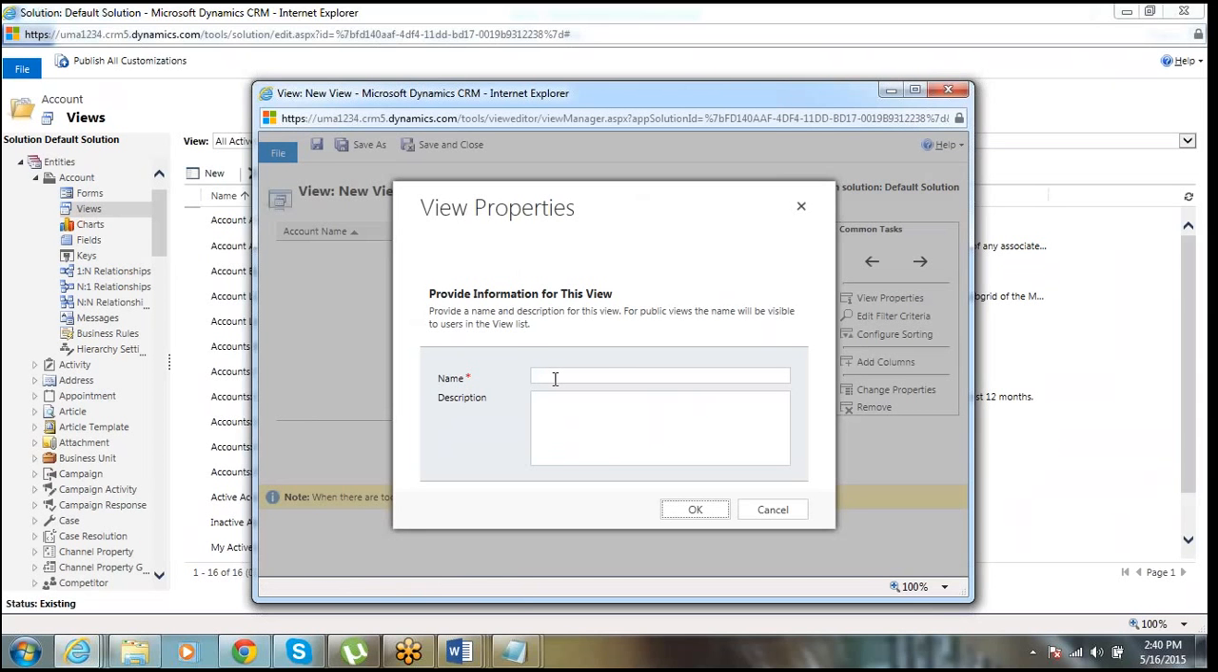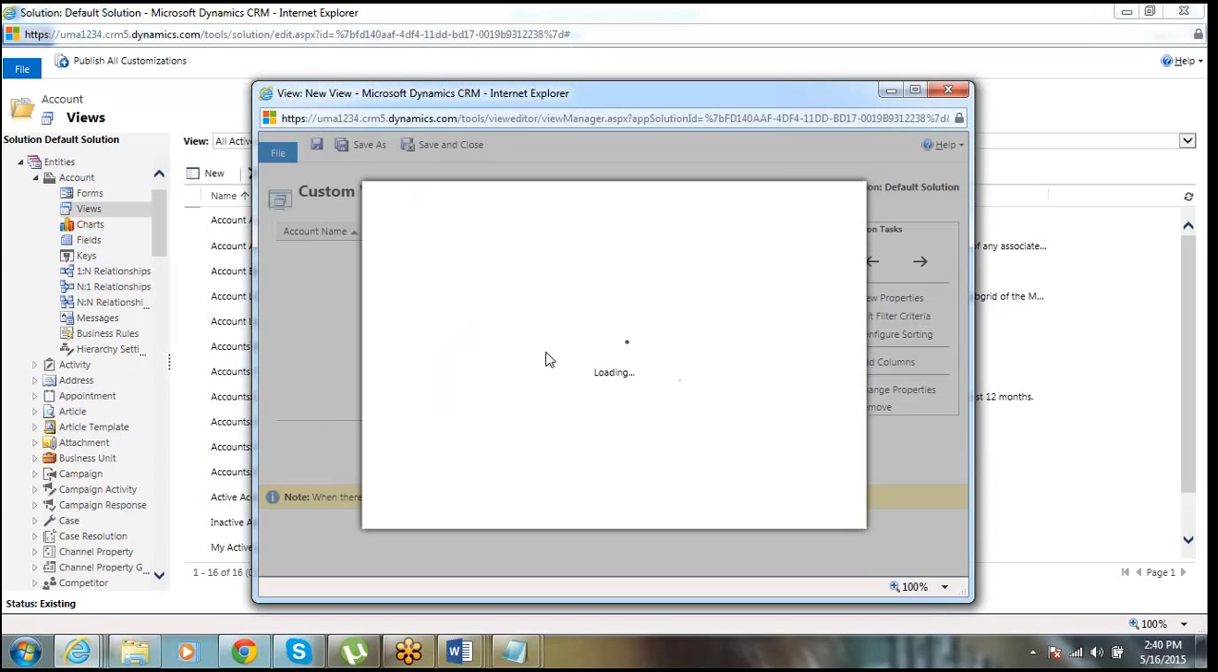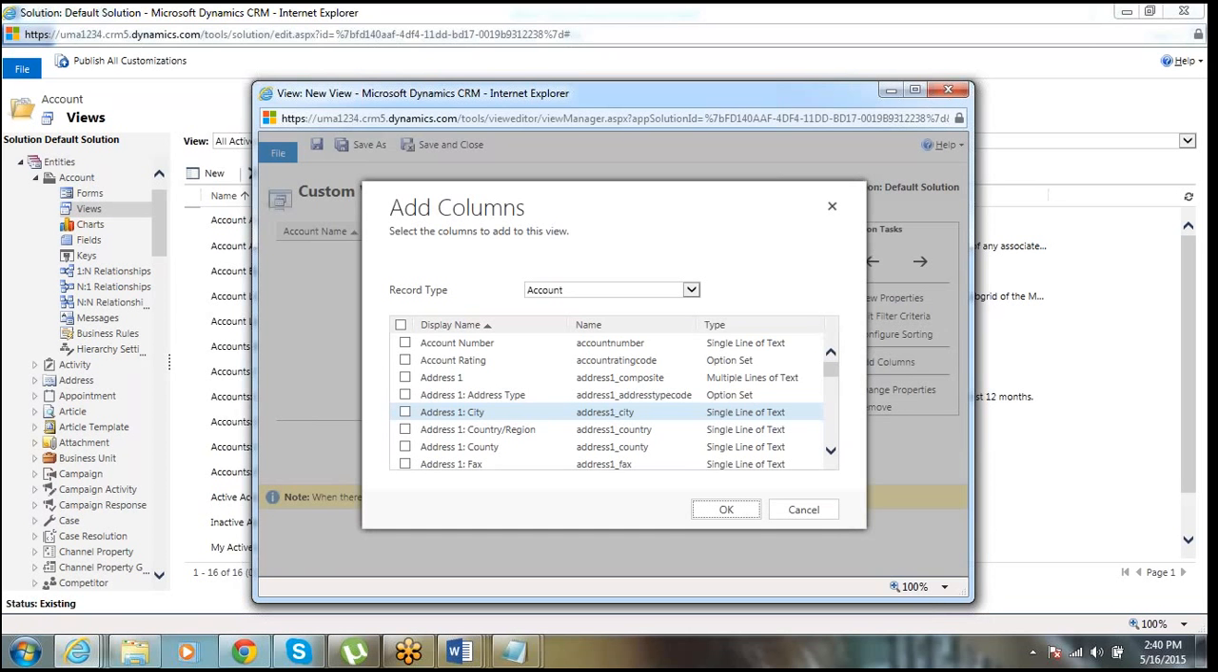Okay, it will ask the name for that view. Like I'm giving the custom accounts. Custom view accounts. Okay, so here we are able to add columns. So whatever columns you need to show for that view,